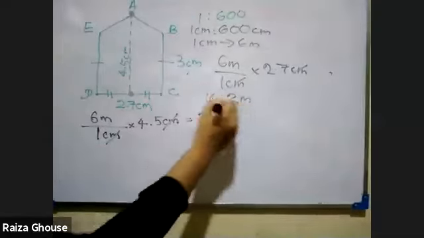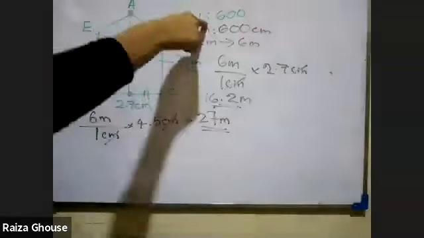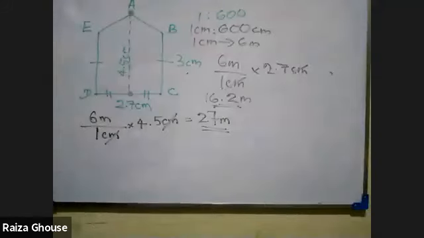So now you can understand how to find the actual length when the scale length is given. When the scale is given, use this knowledge. Very good. Almost all are correct. Let's go to the next one. Before I go to the next one, is anyone having any question up to this part? Raise your hand. Ilma, is it clear for you? Do you have any doubts? No doubts. Okay.